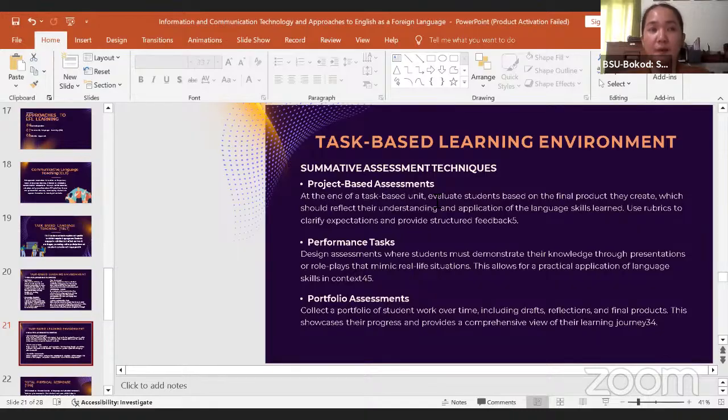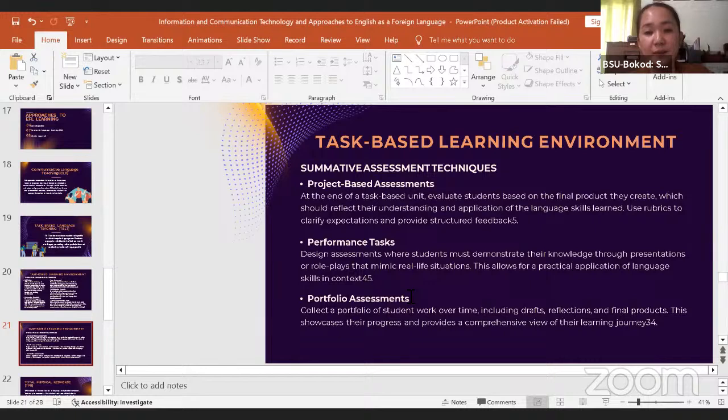In our case, in our classroom, in the ESL, these summative assessment techniques are being applied in most cases. Okay, because it's the product that we now give or we score already, and we record. For the formative assessment, we just do them to assess if they were able to learn. But for the summative assessment, this is already the final output where we can already record with the use of the different rubrics. Okay. There are also performance tasks that we give.